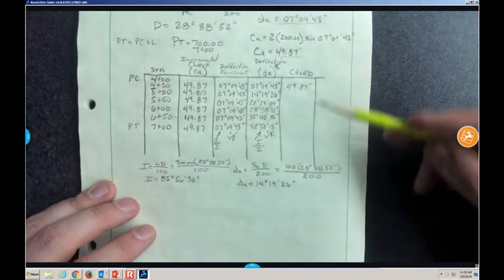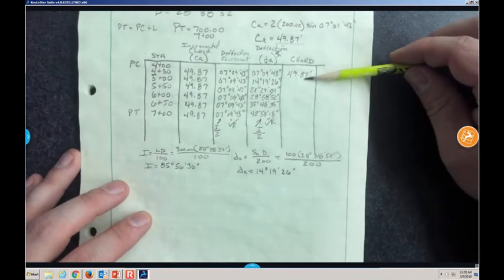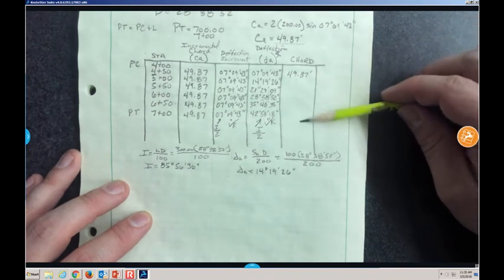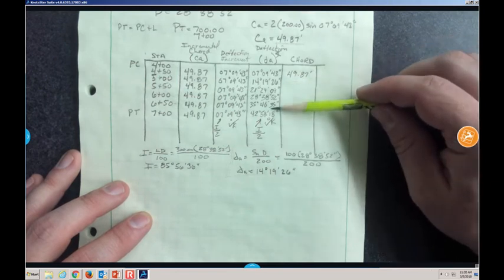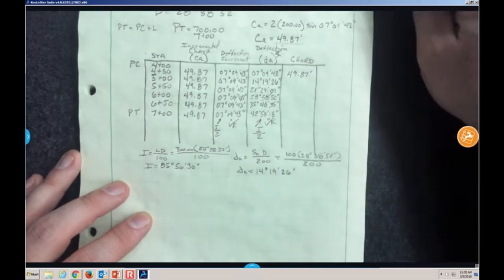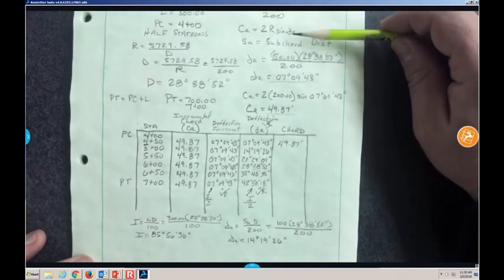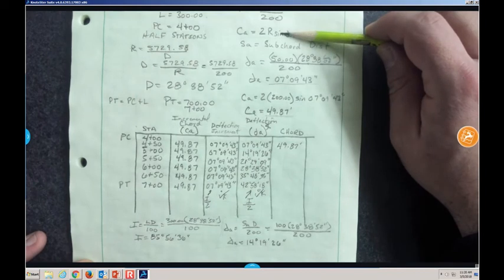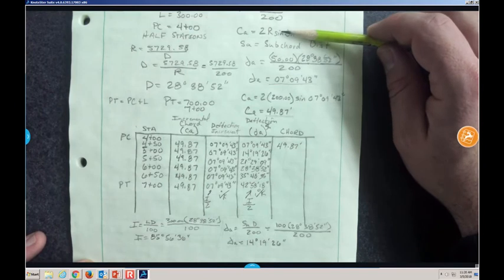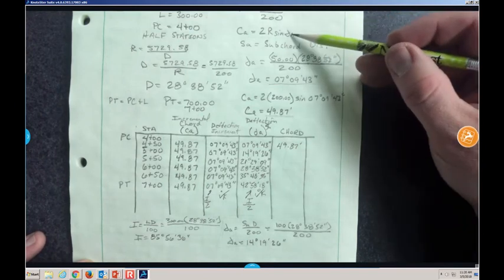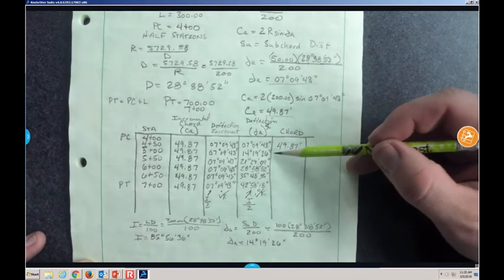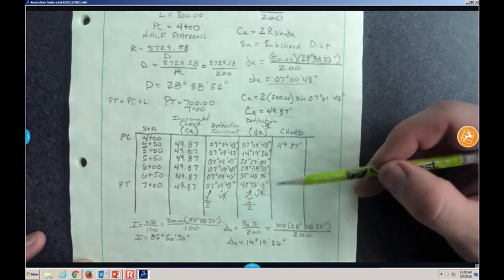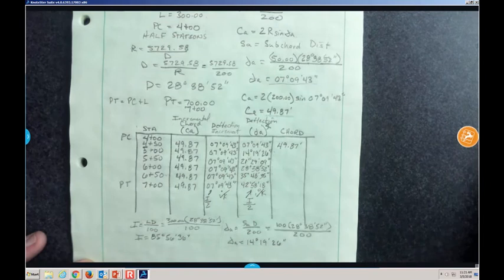Now, next step. We want to find CA for this column, the chord length for this column. Well, we just figured out all the angles that we can use in this calculation. We're just going to have to change, well, actually, we don't have to change anything. All we have to do is change the alpha A for each one of these values. And that's going to give us our chord length out to that point on the full station, or half station,